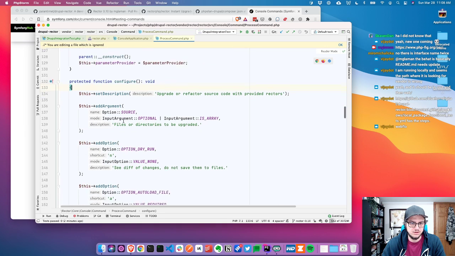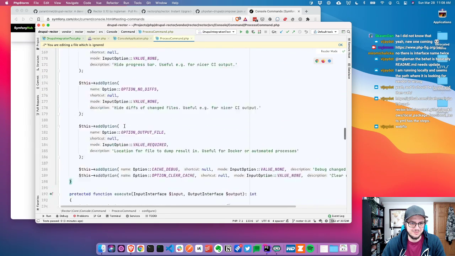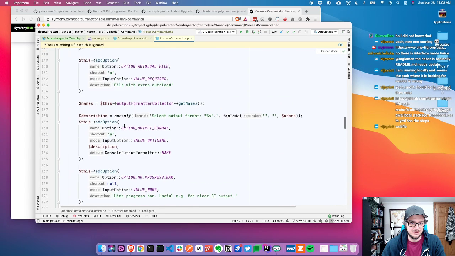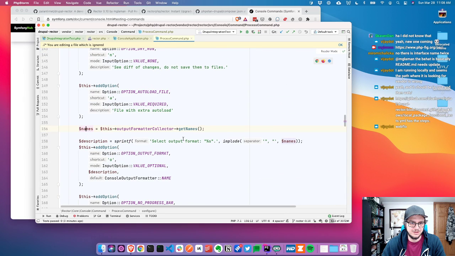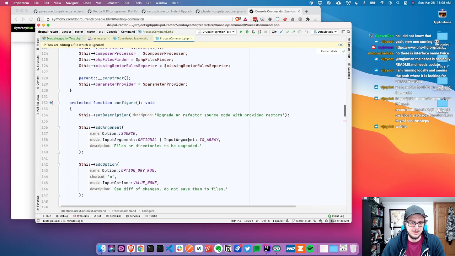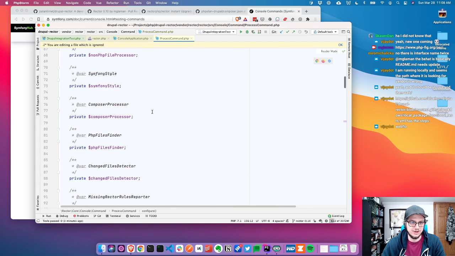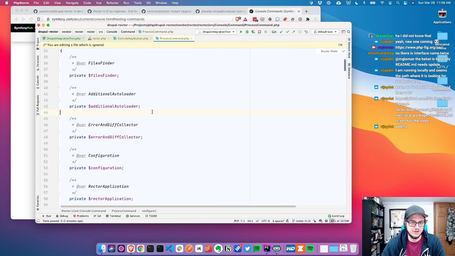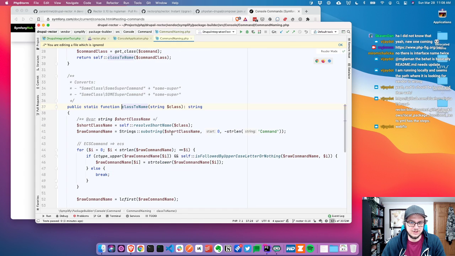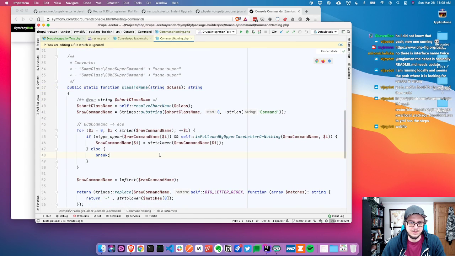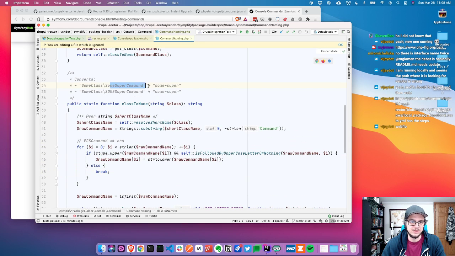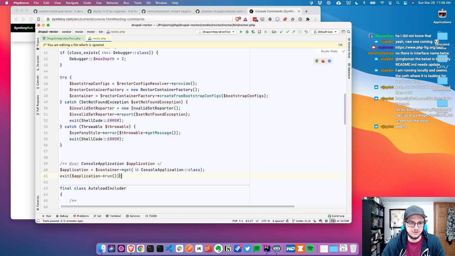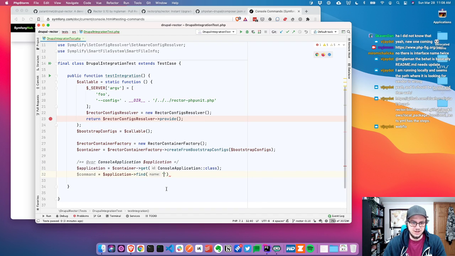Configure. We're set name. I feel like I'm missing something here. Class to command. Okay, so it converts things. Okay, so it's just process. It's just process. So find the process command